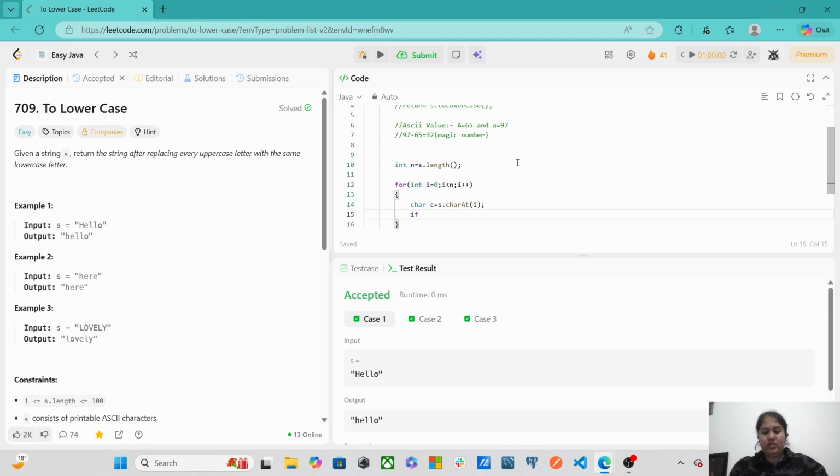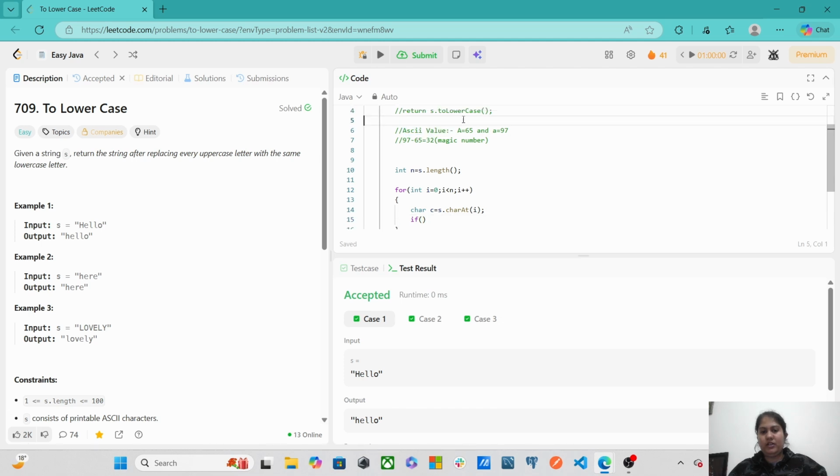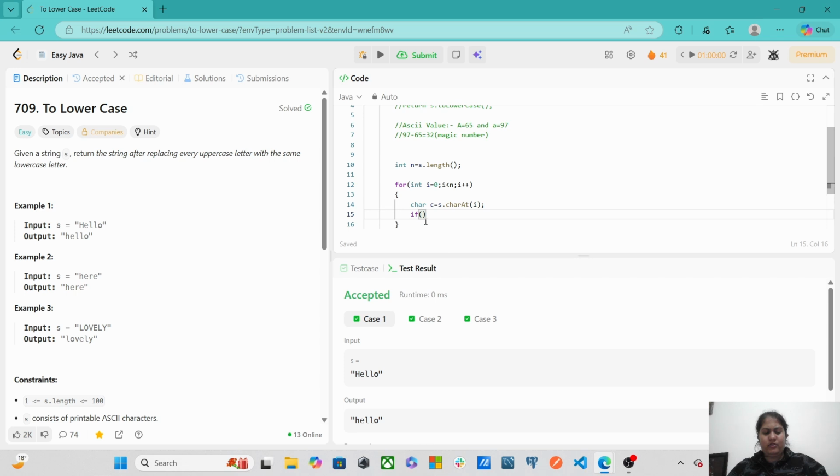For that, we can use a predefined function isUpperCase, or we can use our ASCII value technique, or character technique actually. If c is greater than or equal to capital A and c is less than or equal to capital Z, then